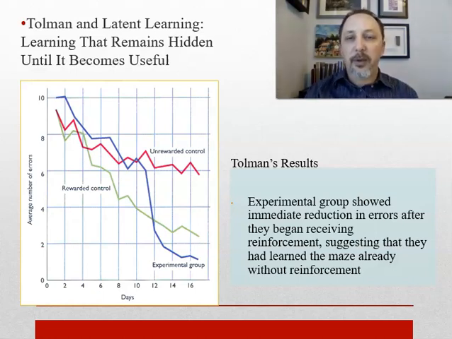They wanted to learn. So you got this green line. These were the rats that were rewarded every time, right? They got food whenever they finished the maze. The red group, they never got food. They just kind of wandered through and made a lot of errors. However, the blue line here is the group that got rewarded only on day 11. And by day 12, they were performing just as well, if not better, than the group that was reinforced from day 1. The idea being they're learning without reinforcement.